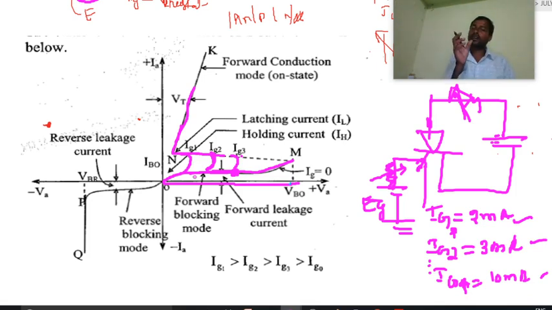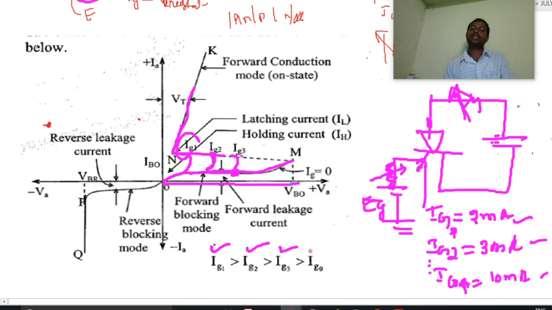That forward biasing takes place very fast by applying the gate supply with more voltage. If you apply more voltage, more gate current flows, and then forward biasing of the J2 junction takes place very fast. So you can see Ig1 is more than Ig2, Ig2 is more than Ig3, and Ig3 is more than Ig0. Like that, different types of current, for example 2 milliamps, 3 milliamps, 4 milliamps, 5 milliamps.